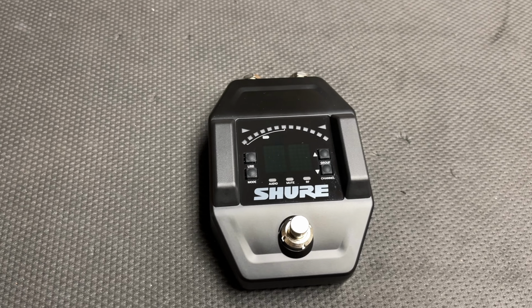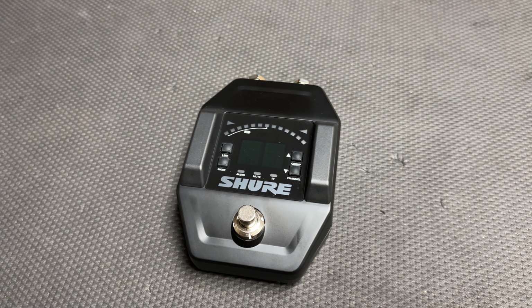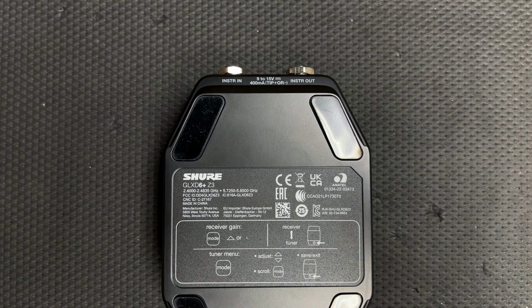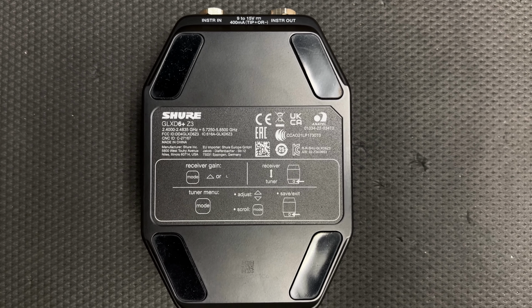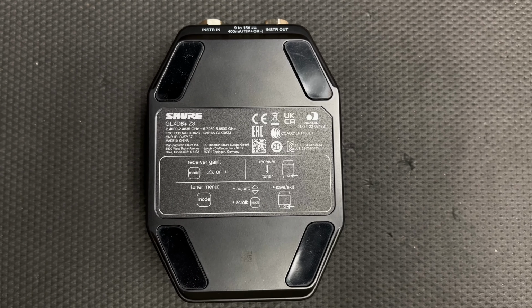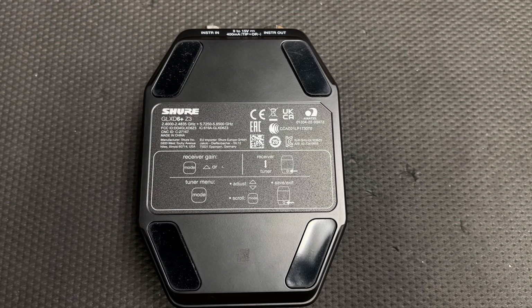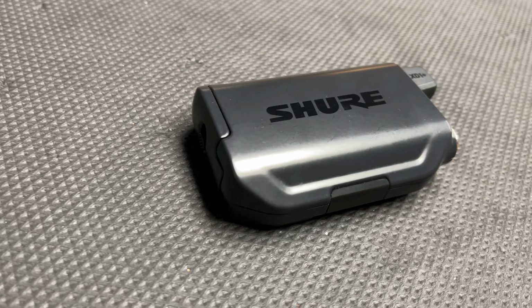every single show. Last but not least, it has an additional true bypass input, which allows me, if I wanted to keep, say, an acoustic guitar or a banjo or mandolin, I could keep that hardwired into the unit itself, and then I can easily toggle between the wireless pack on my electric guitar and the wired cable on something else, which allows me to now use it as basically a 2-channel mixer to run into my pedal board, which